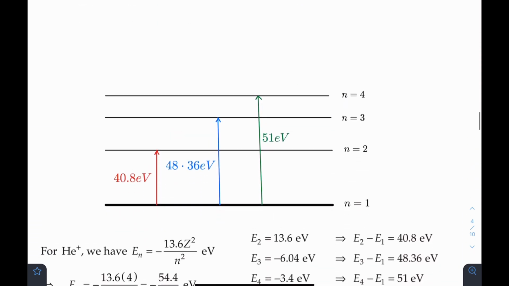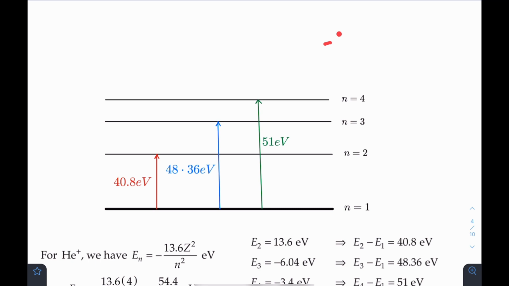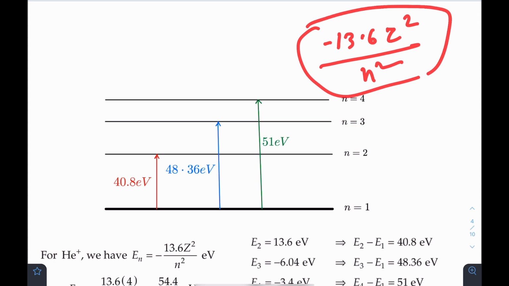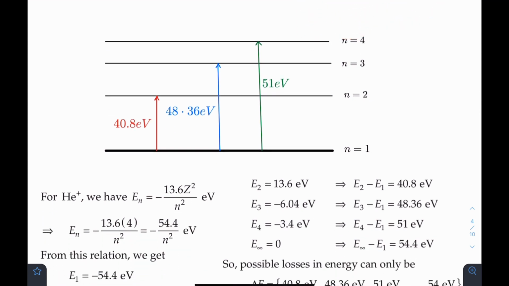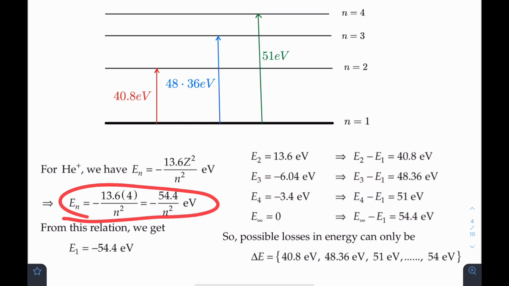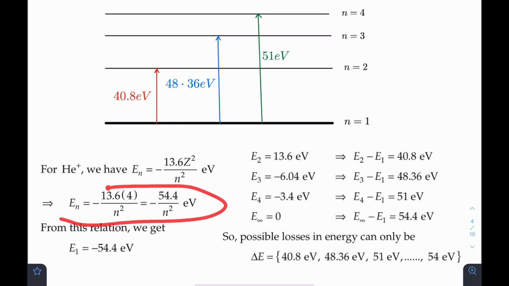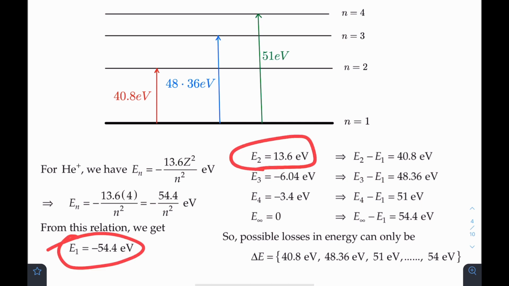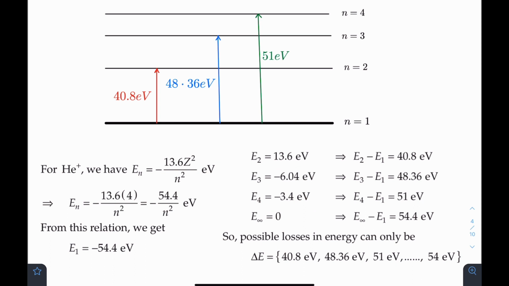After this, it is given as helium, so basically we can write minus 13.6 Z square by n square. This is the energy in nth state. So corresponding energies we can write. So you can see here energies are like this. I have directly taken this data from the books, otherwise we have to do these calculations. So you can see here it will come as 13.6 Z square by n square. So corresponding energy in first, n equal to 2, n equal to 3, n equal to 4, and finally ionization energy, E infinity also we are writing.